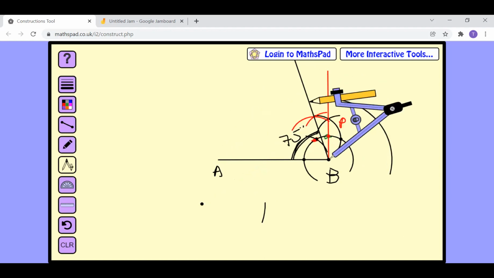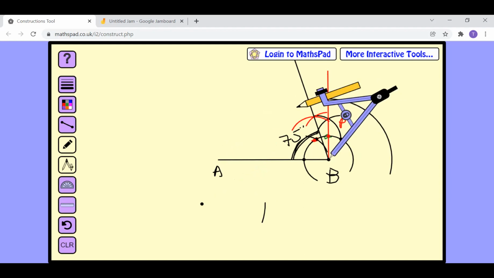How long is the CD line? CD is 5.4. Okay, now what do we do? On CD I have to make 105 degrees. This point has come. I got my point C. You all see that point C is made already? So BC is what we just made, 3.7 centimeters, correct?